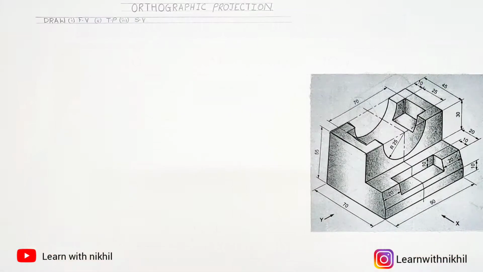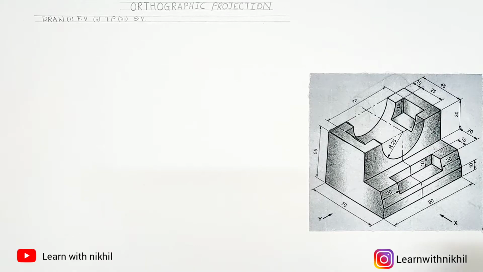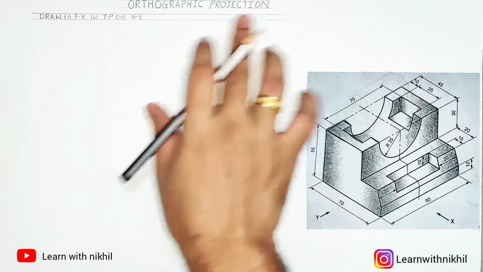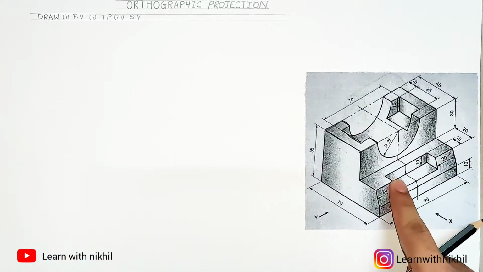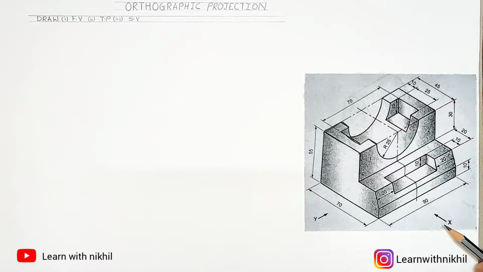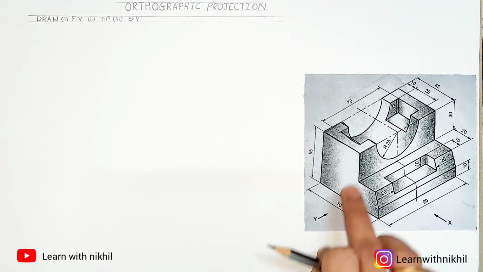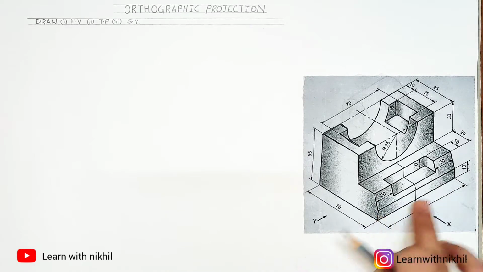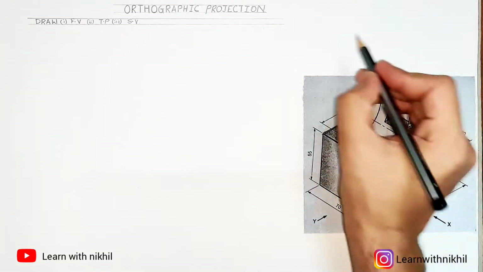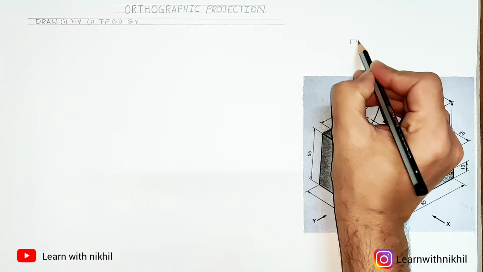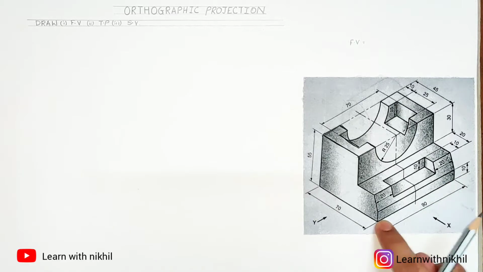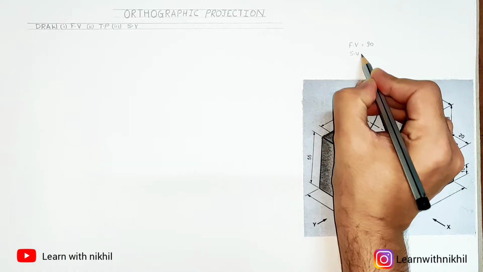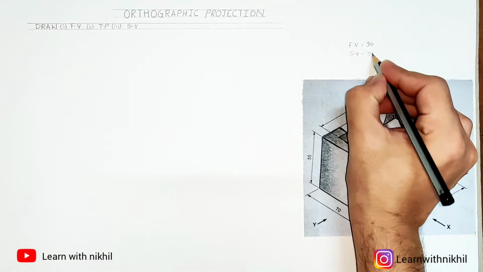Today we have taken an orthographic sum where we have given a three-dimensional figure and we have to find out its front view, top view and the side view. So front view is in the direction of X, side view is always in the direction of axis Y. So this is front view. Total distance for the front view is 90 millimeter as it is directly given. Total width of the side view given is 70 millimeter.